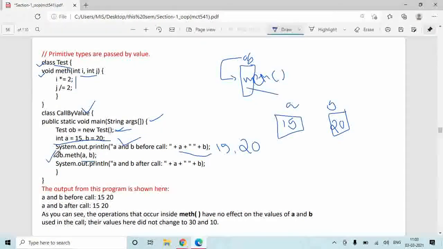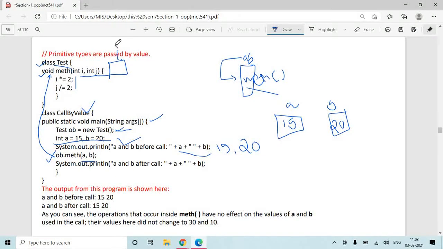So on calling this function, you are actually calling this function math. a and b you have passed as arguments, and you have collected them in integer variables i and j. So here another box gets created.